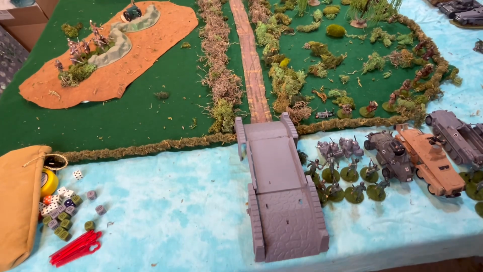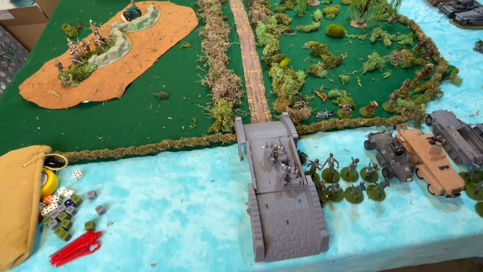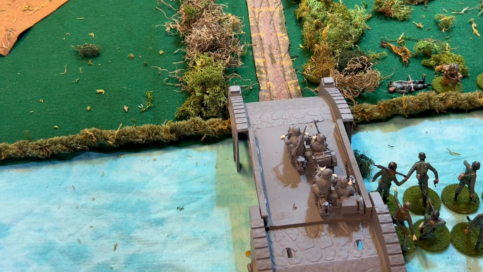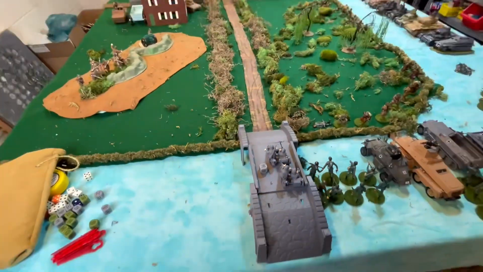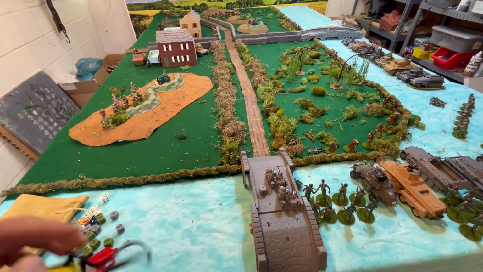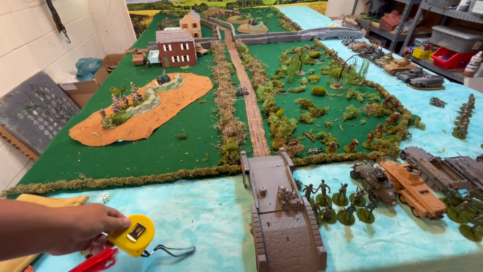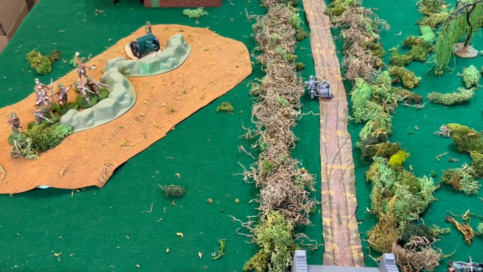All right. So we're going to activate our scout team. That way I can get them across. We're going to have them go really fast with the run marker. The reason I'm doing this is so I can get things exposed. And these little buggers go 24 inches, so they get up to there. All right. Now, as they're traveling up the road,